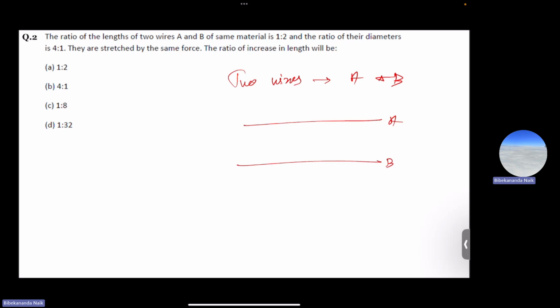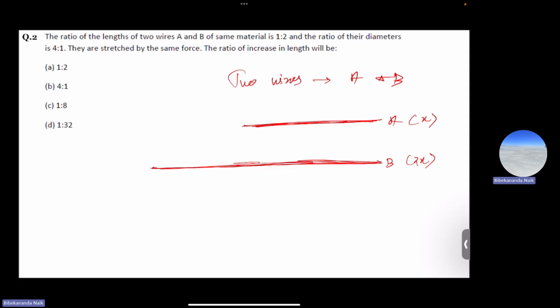The ratio of the length of the two wires of the material is 1 is to 2. So suppose A has length x, B is 2x. So let's make B larger. So this is B and this is A. So we have two wires and the lengths are in the ratio 1 is to 2